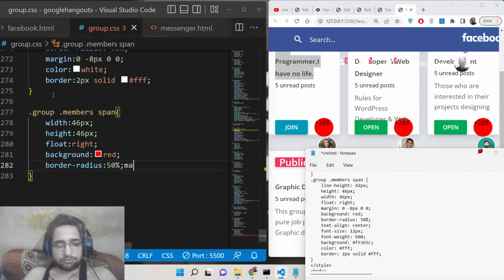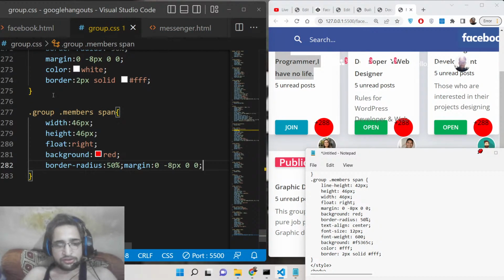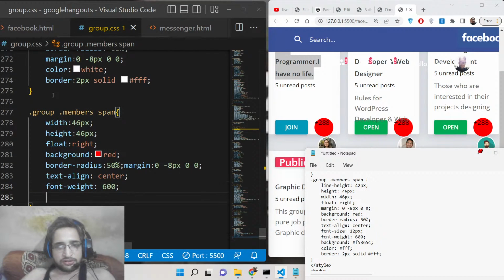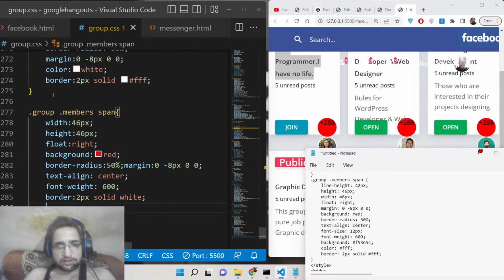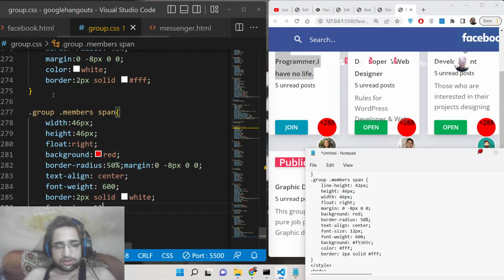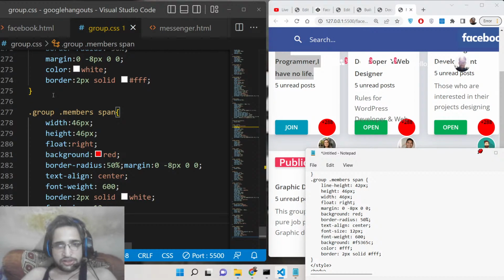And margin 0, minus 8 pixel, 0, 0. Text align to center. Font weight to be 600. You can now see, we need to say border 2 pixels solid white. And font size we will simply need to change to 12 pixel. You can now see text align, font size, font weight,